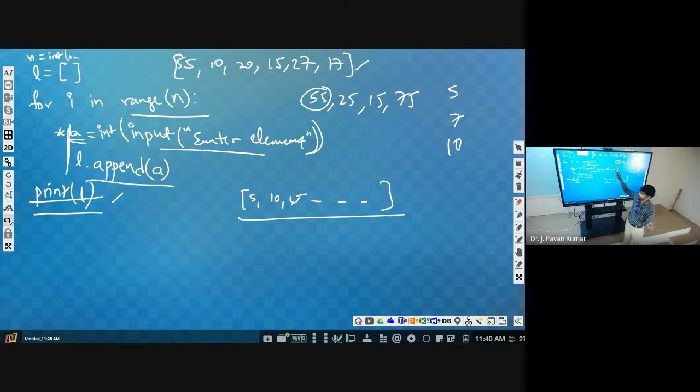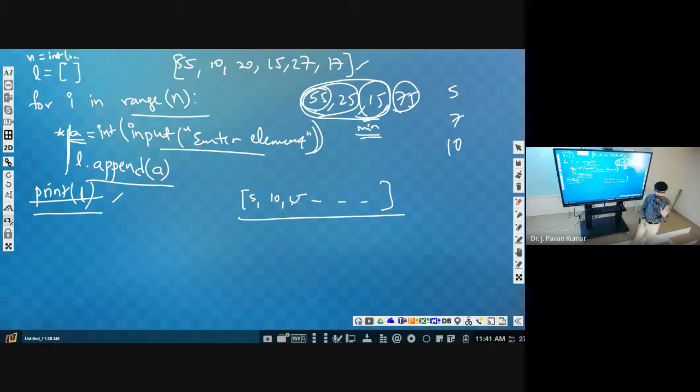With two elements, whatever the minimum we have, we compare with the next element. Out of this, which one is the minimum? That we compare with the next one. Let us say for up to 3 elements, whatever the minimum we have, that is min.